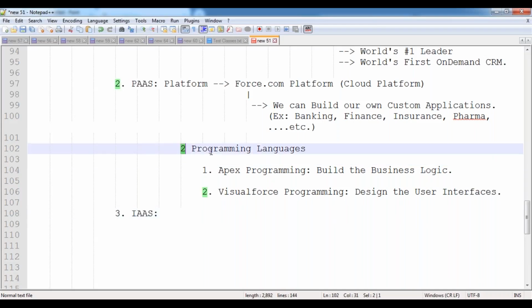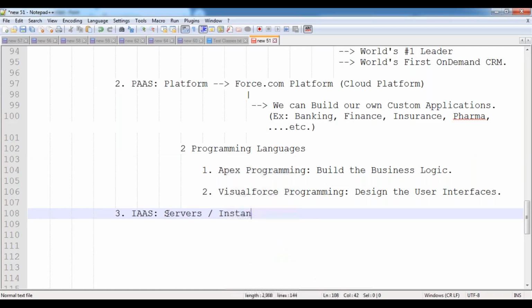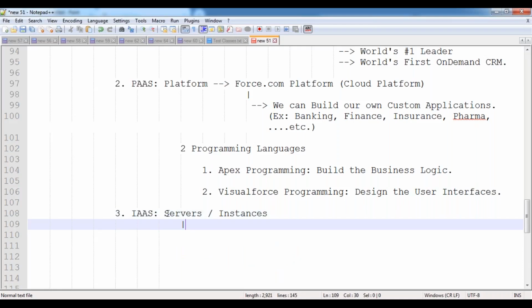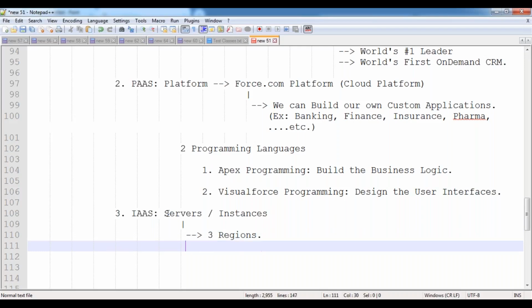Next. Once the application development has been done by using this platform, we can install this application inside a server. Salesforce is providing various servers, which are also called instances. Salesforce is providing the servers in 3 different regions. The first region is the North America region.